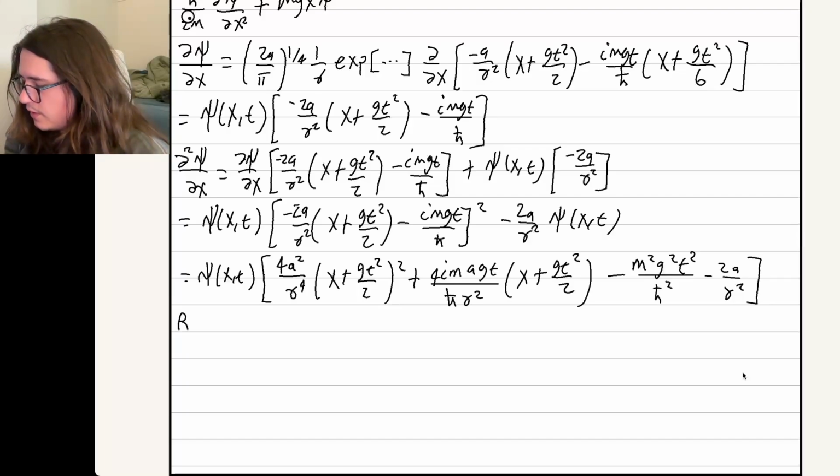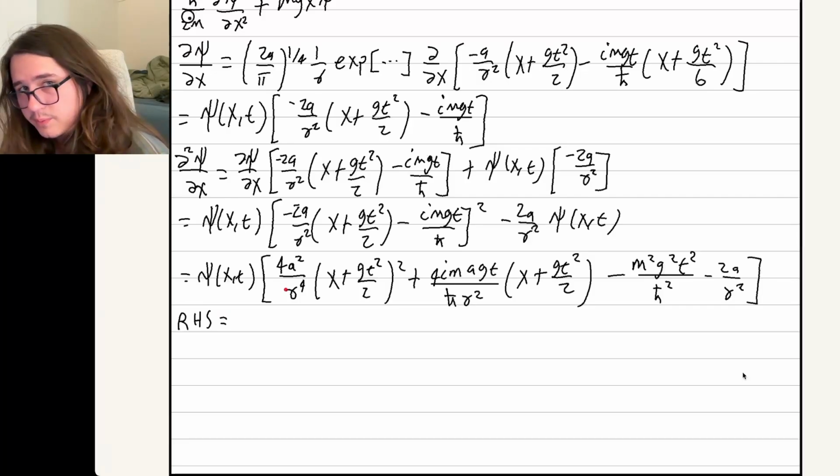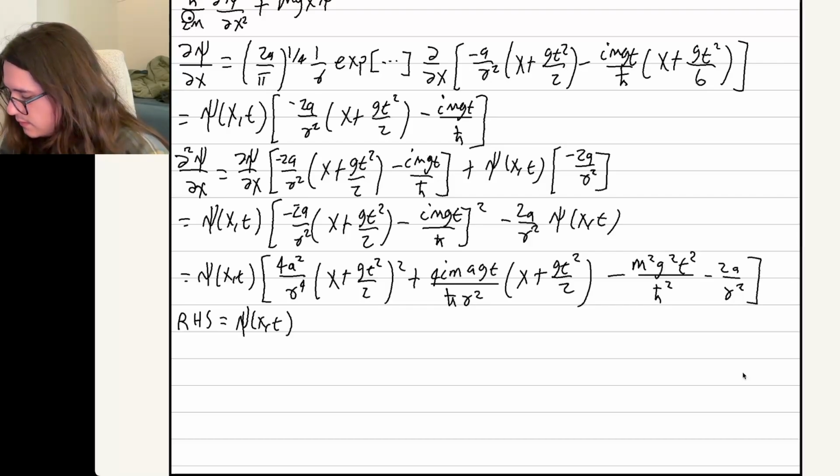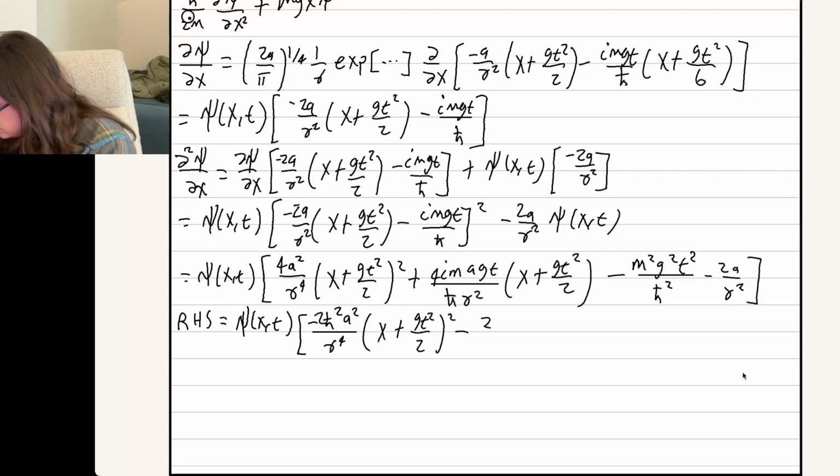Let's move into the entire right-hand side of the Schrodinger equation now. So we're going to multiply all the stuff that's in the brackets by minus h bar squared over 2m. So we have psi of x and t minus h bar squared a squared, and there's a 2 up top with a gamma fourth on the bottom, and then the (x plus gt squared over 2) all squared, minus 2i a gt h bar over gamma squared times (x plus gt squared over 2)